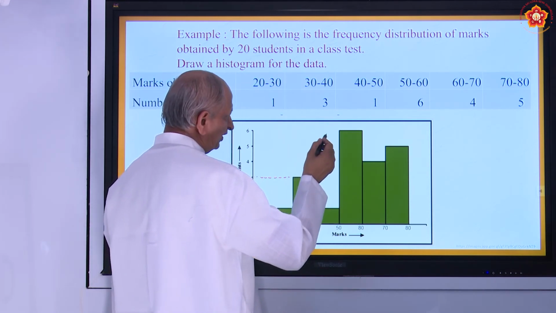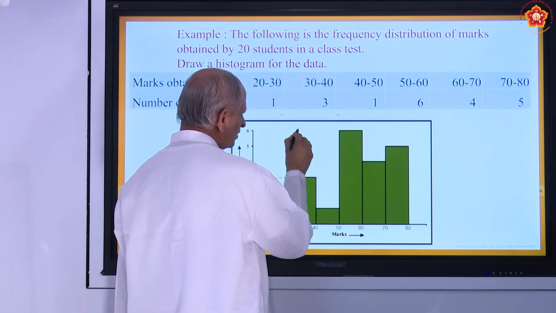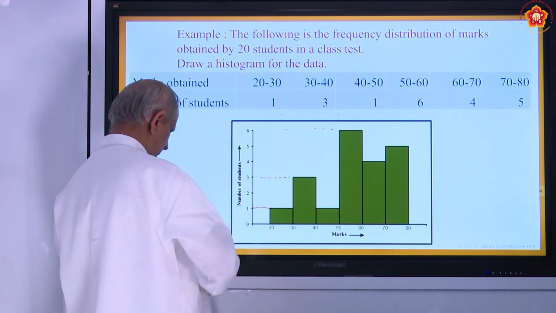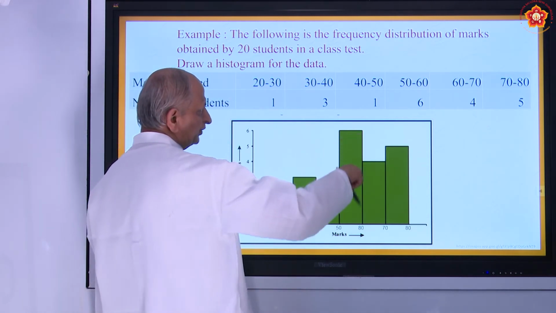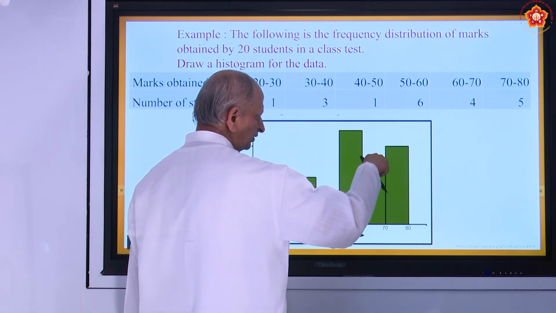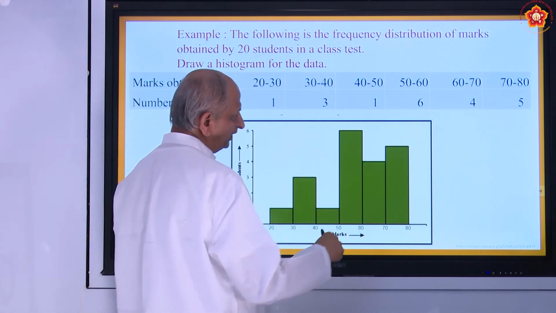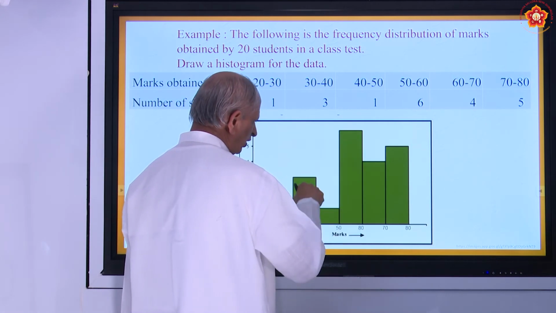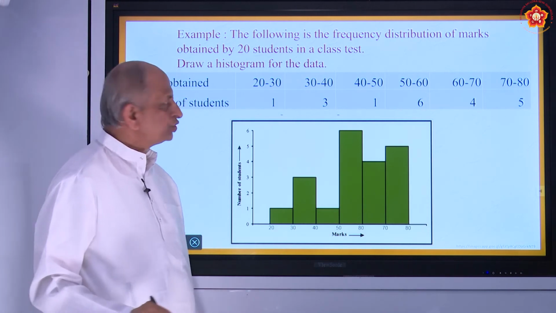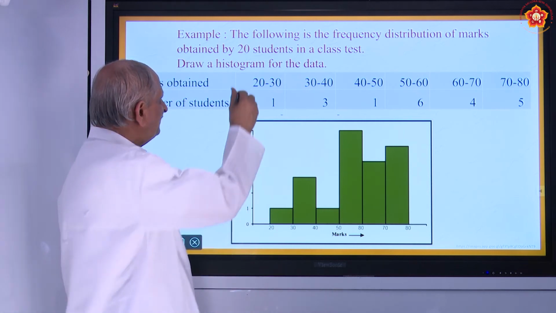Next, 50 to 60 is 6. So you must draw a rough figure using a scale and get that. Okay, that is 50 to 60. 60 to 70 is 4. On the line of 4 you must draw a horizontal line. Then 70 to 80 is 5. Then join all this. This is a beautiful graph showing the frequency distribution of marks of 20 students in a